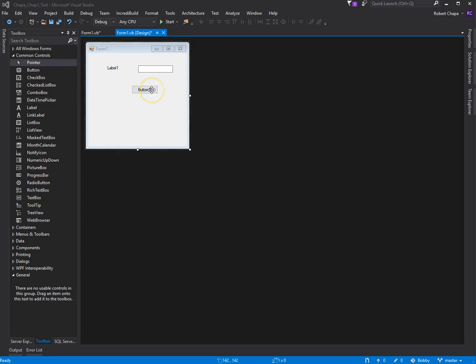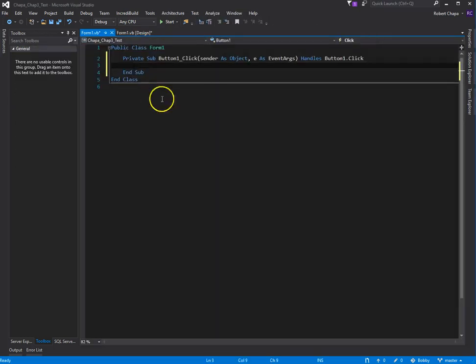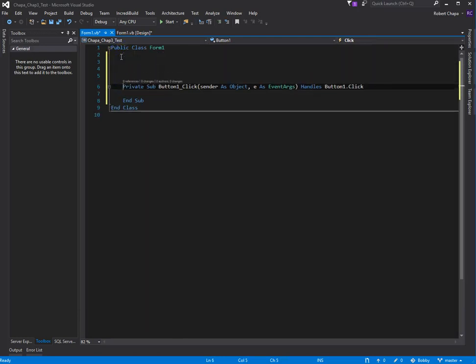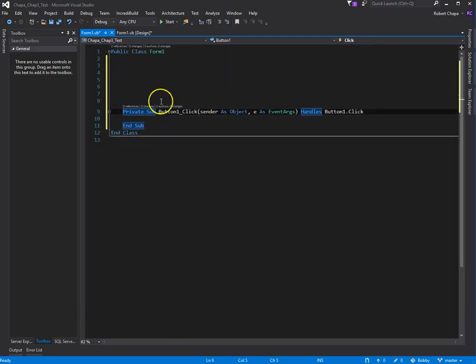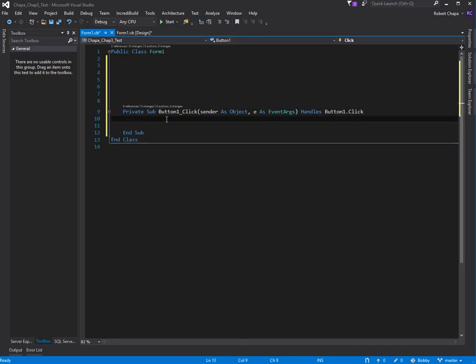Example of that, let's say the button. We'll double click on the button. And for the button, we created our event handler, which we've already been working with in some of our previous code. And so here's the private subroutine with the event handler for the Button1 click that we just created. This code was automated. Now, if we wanted to do something in here, let's say with the text box that we also have,